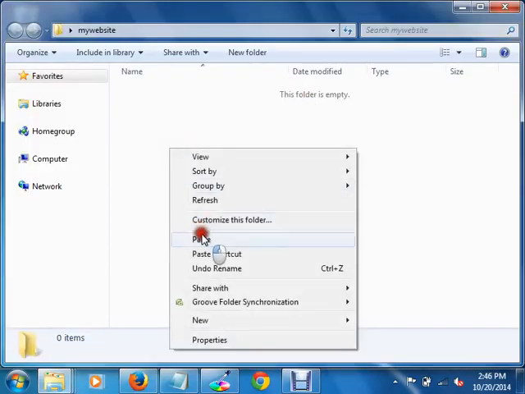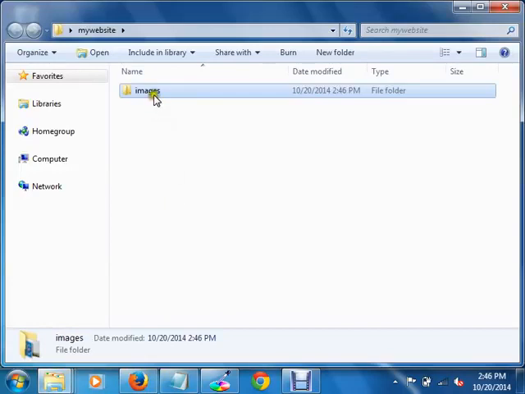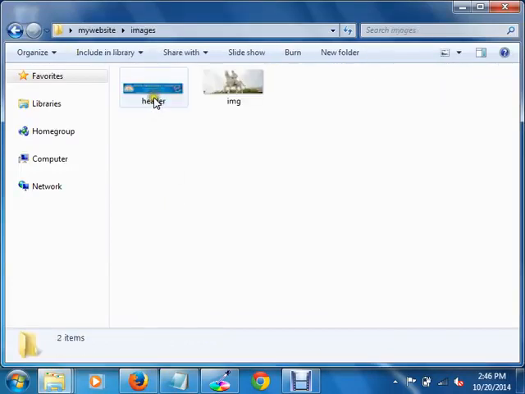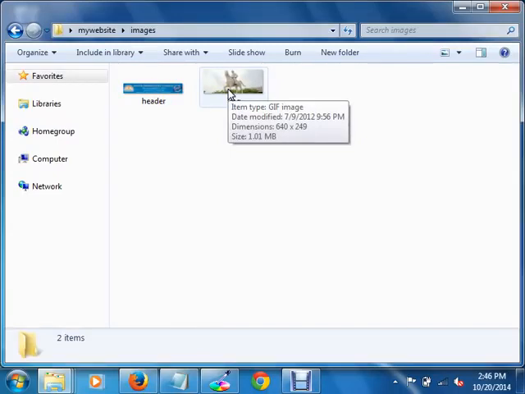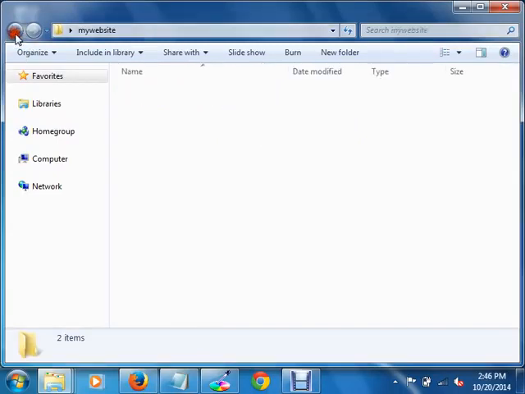I am storing them inside a folder called images. So this is the header of my web page, and this is the image which you are scrolling in the body part. Okay. Now tell me what are the different files we need for developing a web page. HTML and the CSS. We need two files. One is HTML and the other one is CSS.